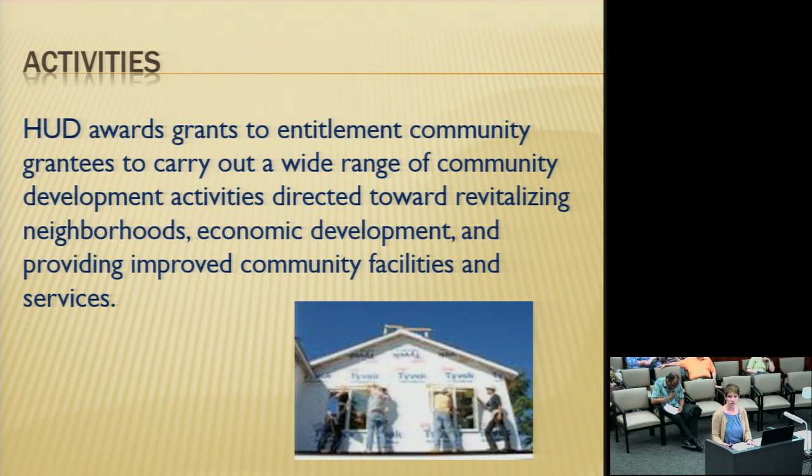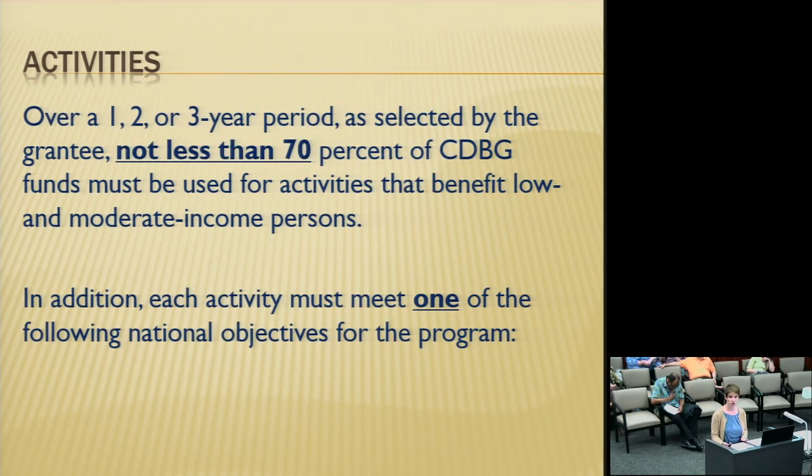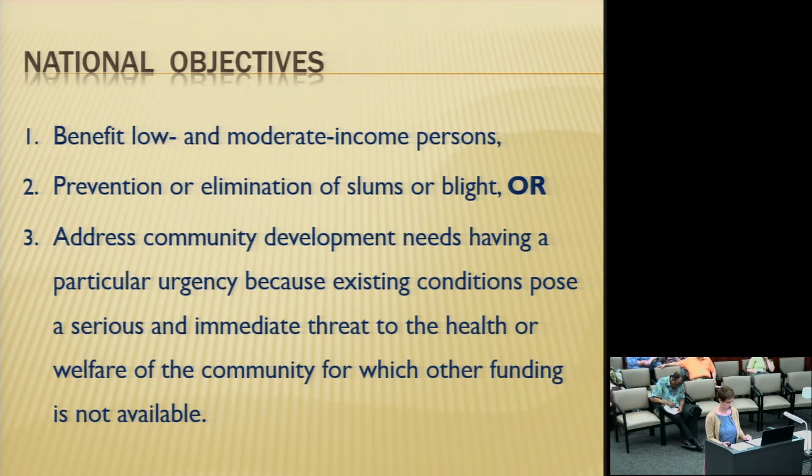HUD awards grants to entitlement communities to carry out a wide range of community development activities over a 1, 2, or 3-year period as selected by the grantee, which in this case would be Union County. Not less than 70% of CDBG funds must be used for activities that benefit low and moderate income persons. In addition, each activity must meet one of the following national objectives that would benefit low and moderate income, as